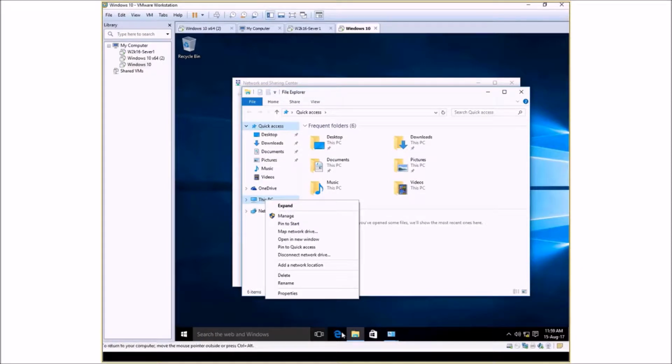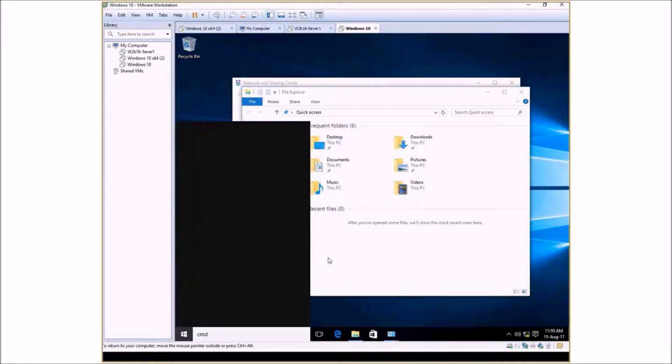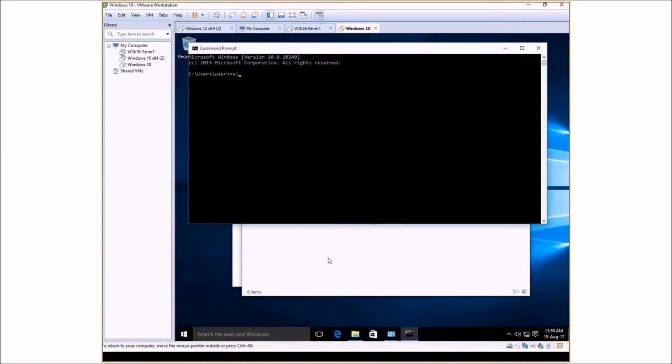We might test something. NS lookup server 1.w2k16ad.local. Okay, remember what I said, no DNS, no Active Directory. So what I'm doing here is doing an NS lookup for the server, and I'm asking the question, and it's actually